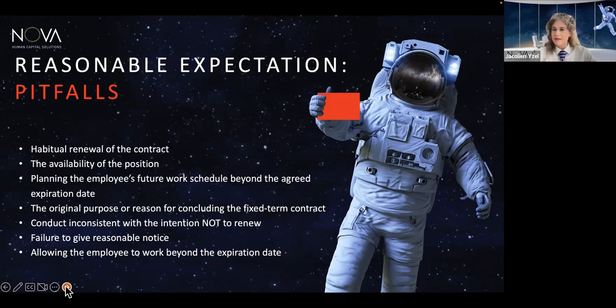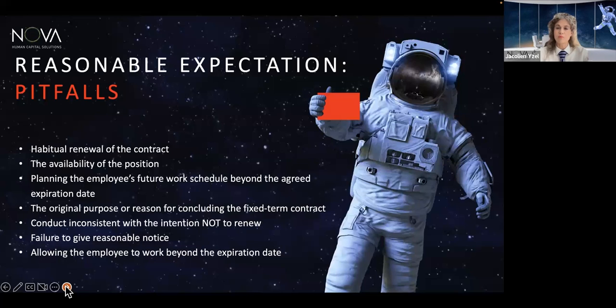And you start this conversation where the employee can say to a commissioner, my employer actually asked me what my leave planning is for next year and shared with me the new projects for the next year. That's why I thought they're going to renew it, and now they didn't. So that's a problem. Okay. So conduct inconsistent with the intention to terminate, whether that's future talk,